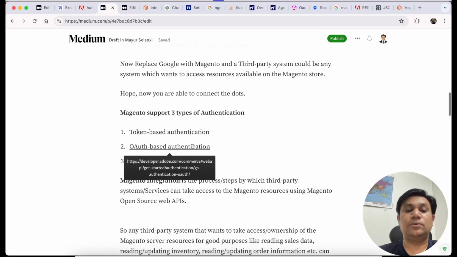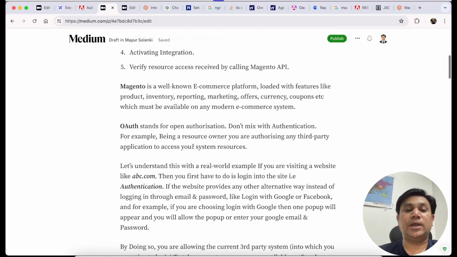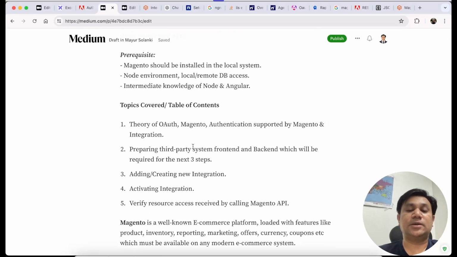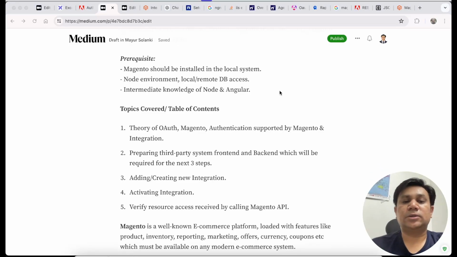So now proceed to step 2, which is to create a front end and backend system as a third party system. A third party system with some front side and backend server side. So basically I have created two repositories. One is Angular and another is a Node-based server, which is developed in Nest. If I show you the code base,